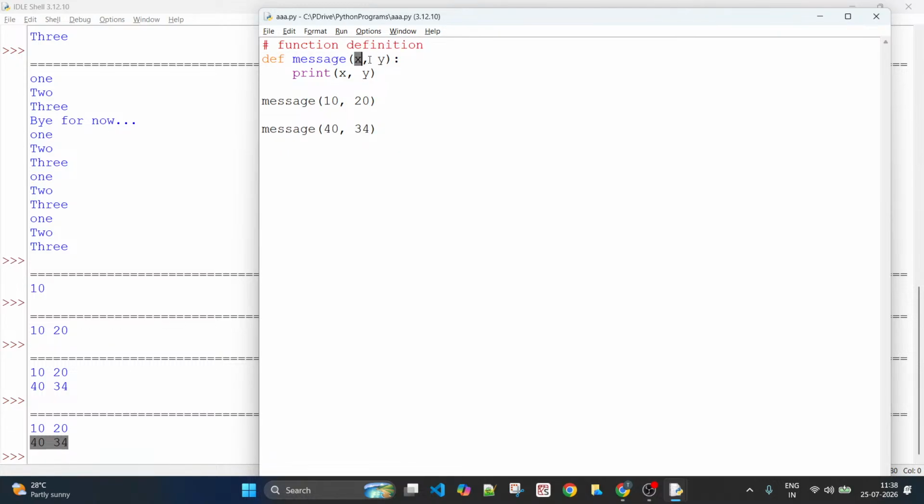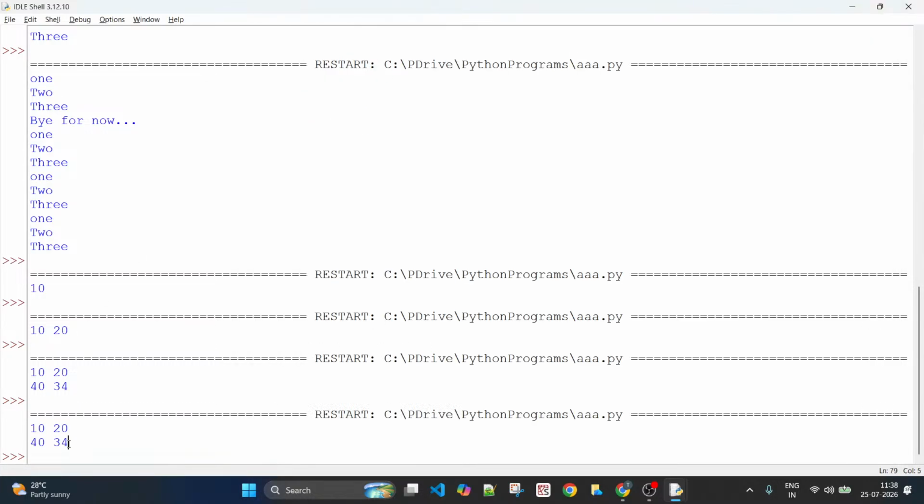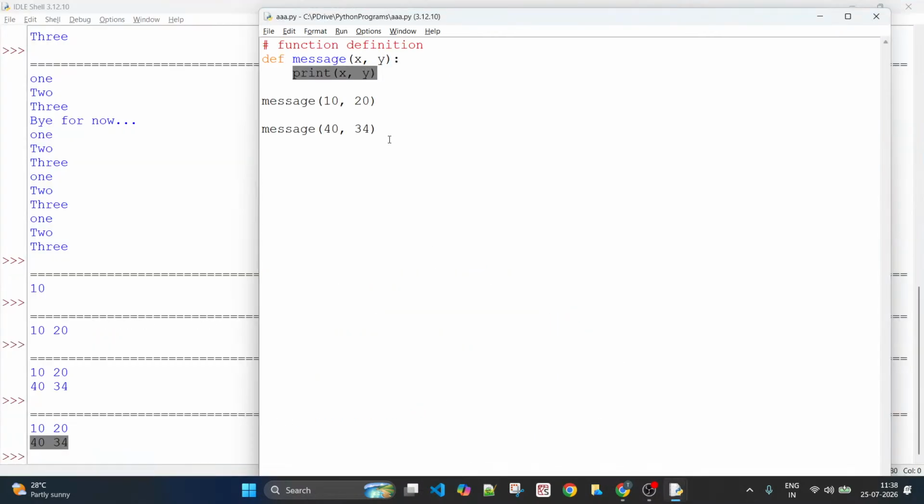Then automatically x and y will be set properly. X becomes 40 and y becomes 34. And when it prints x and y, 40 and 34 are the values that you see in the output. The reason being, those are the values available at that point of time in the parameters x and y. All right.